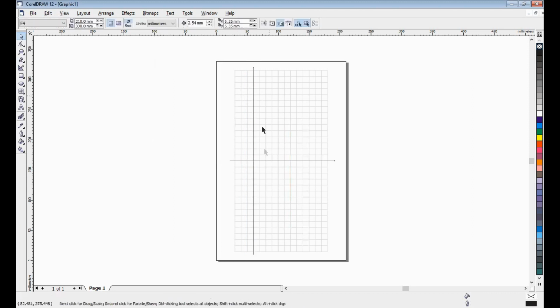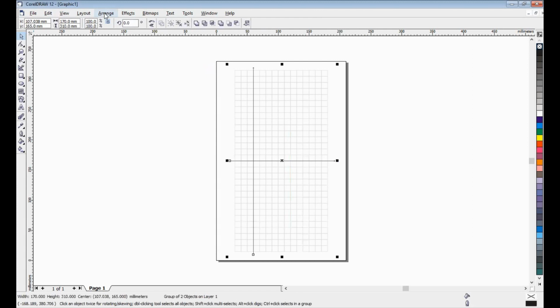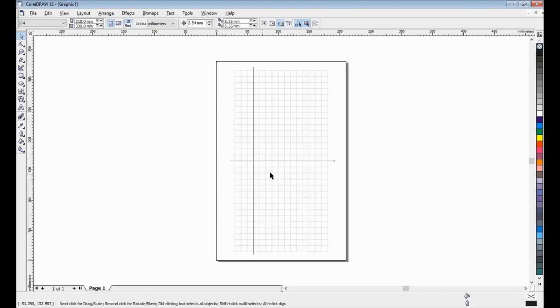Okay, the result. Now I will make a group and then lock the object. This graph is locked, and the line is locked too.